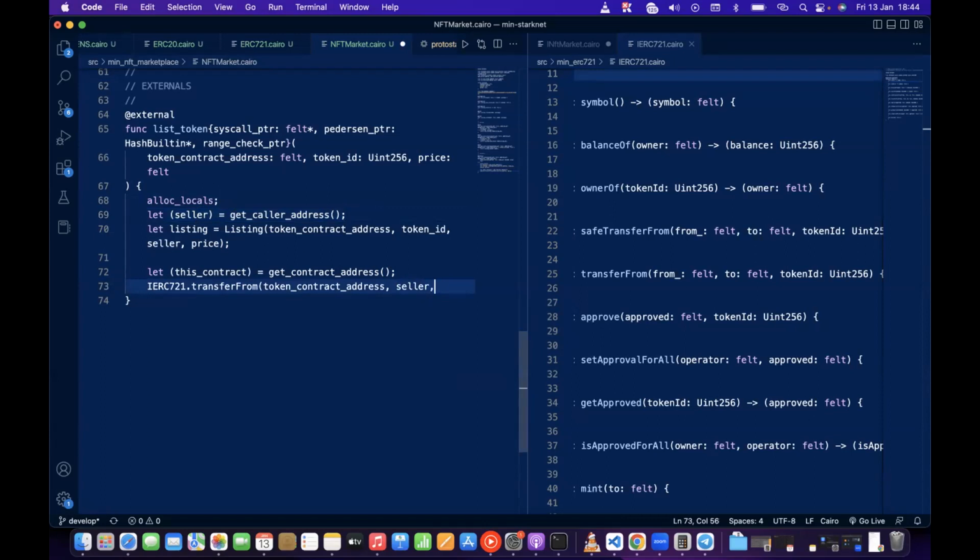So having done that, the receiver is going to be this contract, right? We're transferring the NFT we want to sell to this contract. And lastly, the token ID, right? So we're going to be supplying the token ID. All right, so having done that, we should be able to use that to transfer our NFT from our wallet